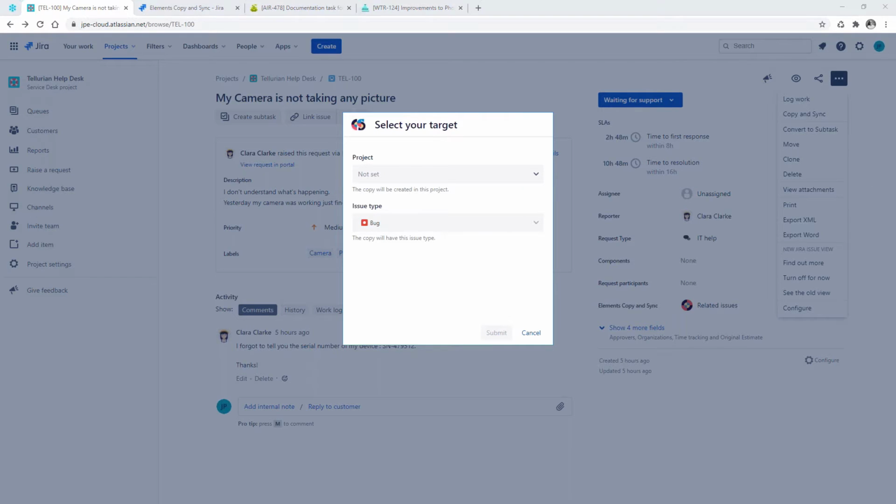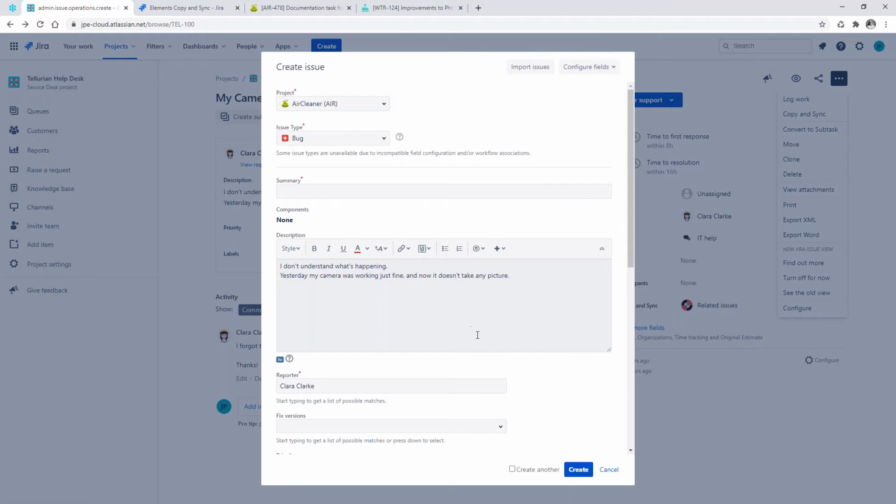As you can see, the result is a little bit different here. Because I don't have any issue type to select, this recipe will always create a bug. The other difference is that here, only 3 projects are available as targets for the copy. So to continue, the agent just has to select the target among these 3 projects, the one which fits their need the most. Then I click on Submit. And we arrive on the native Jira creation dialog. And as we can see, we'll create a bug in the project Air Cleaner.